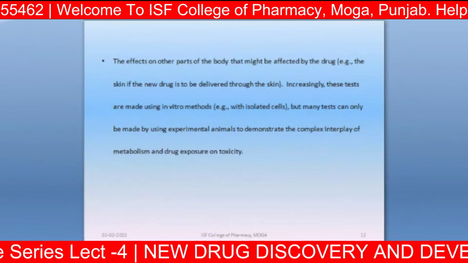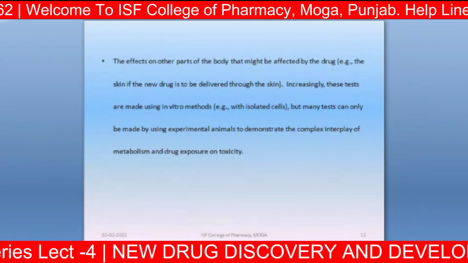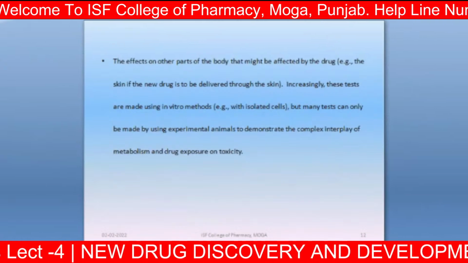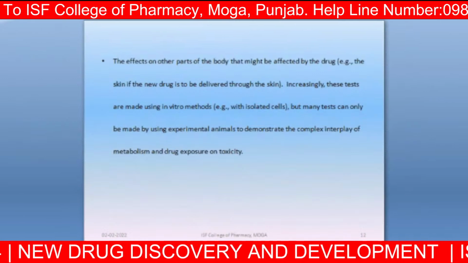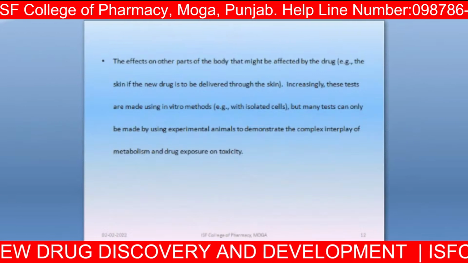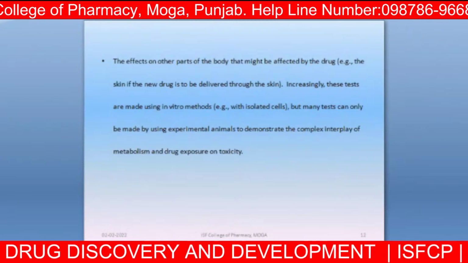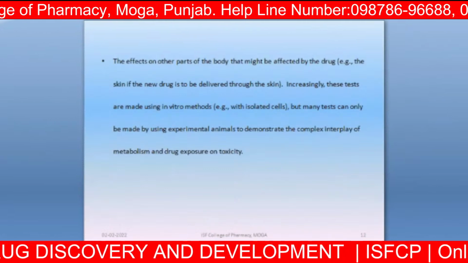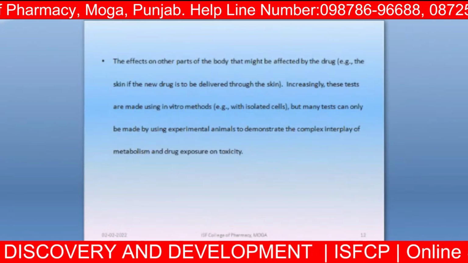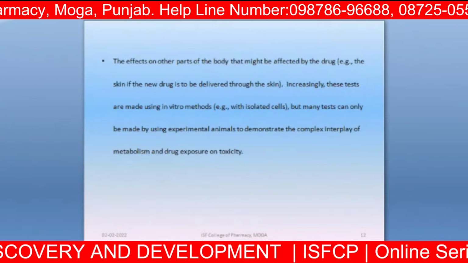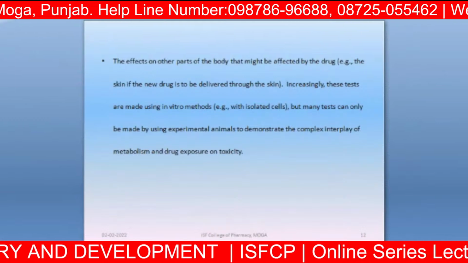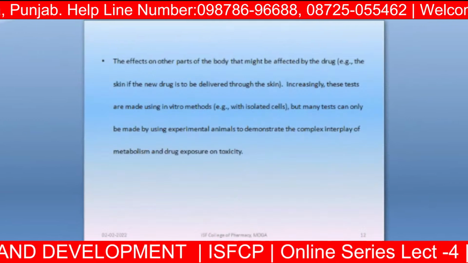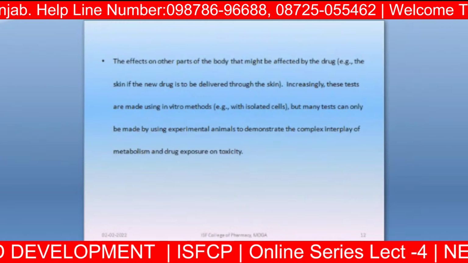As we are discussing, if we want to say that we are trying to introduce a new moiety that is concerned with the skin, so, if we talk about the disease psoriasis that is associated with the skin, what will be the criteria? The drug must be available within the upper side of that particular skin. But what is the another thing that must be in the consideration? The drug should not go within the blood circulation.